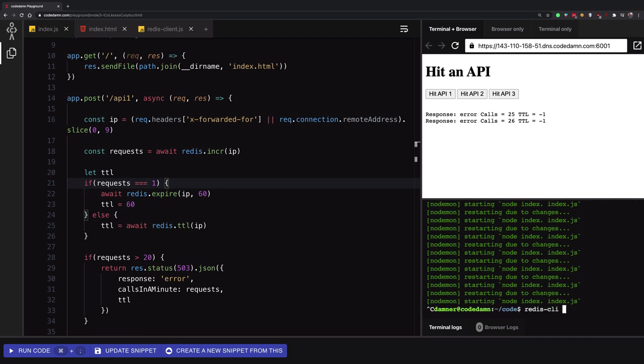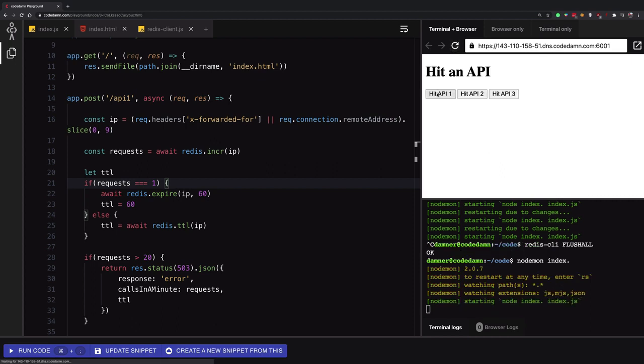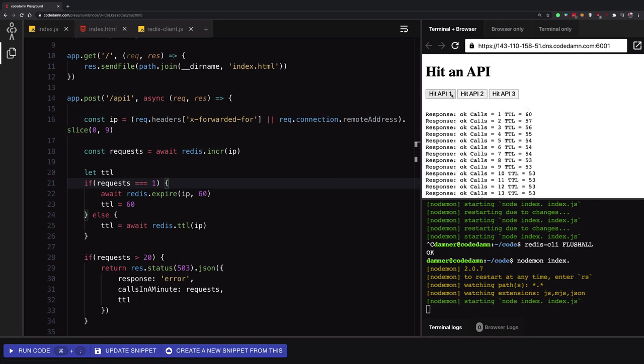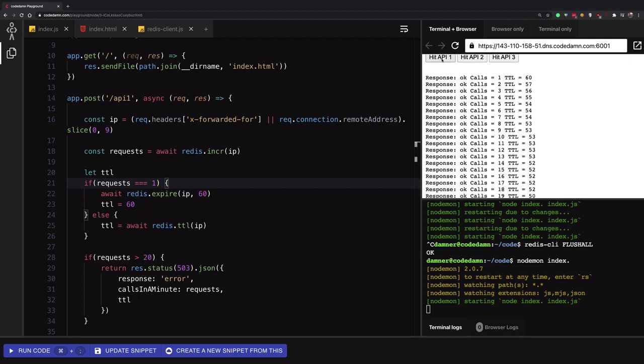So let's just clear our Redis store and run node more again, hit refresh, hit API 1, and you can see we get TTL 60. Then on the next call, it's 57, 56. So it's expiring, it's going down. But if you take a look, if we go all the way to 20,